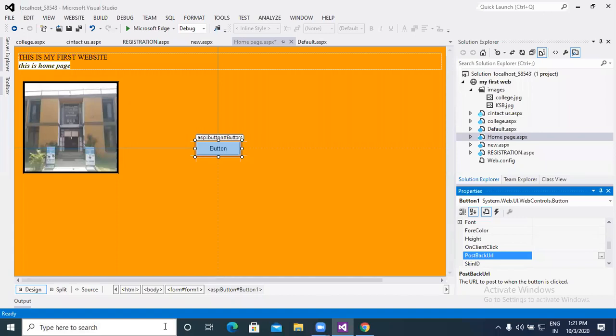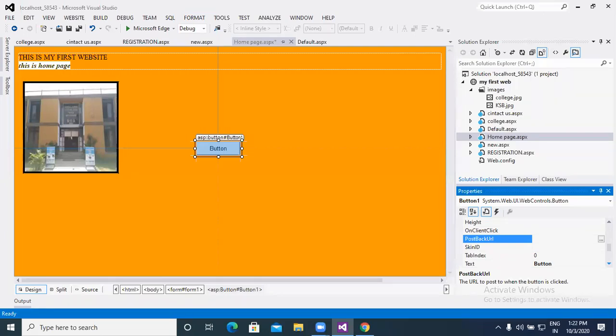This is a most important part, that is the postback URL. If you wish to jump to any page from a button, that is possible with the help of postback URL. So basically it works as navigation from one page to another page, right? So let us consider that practically.